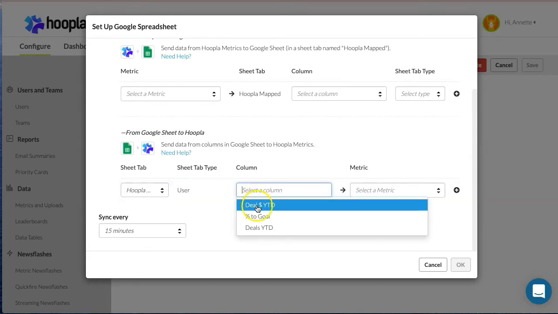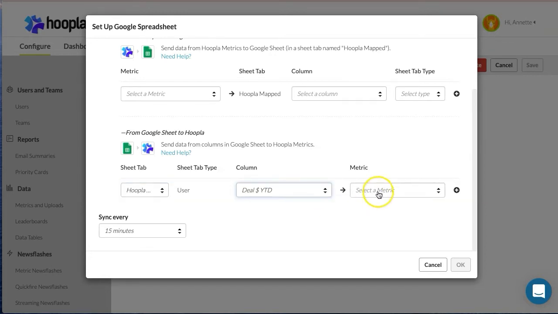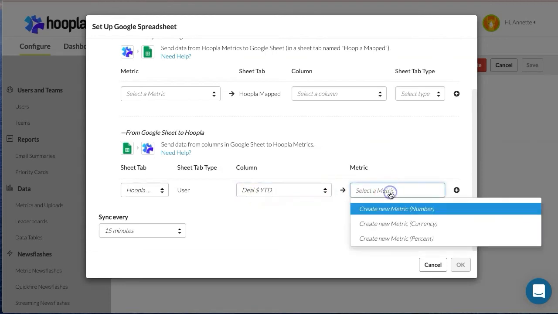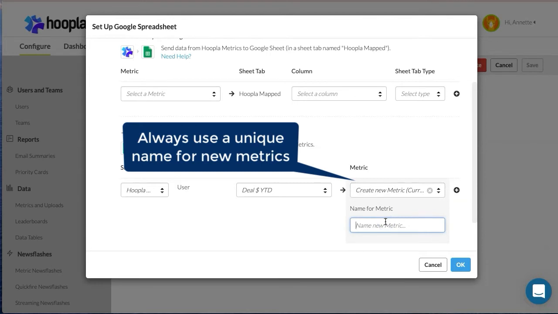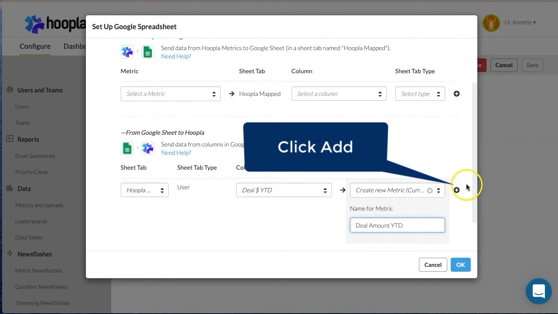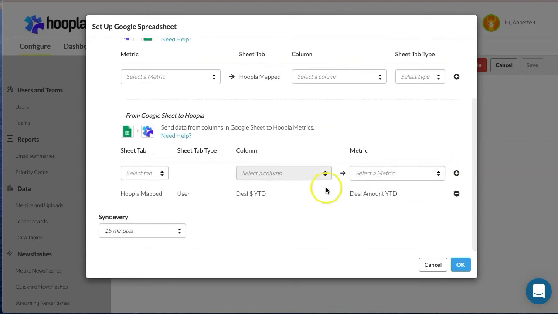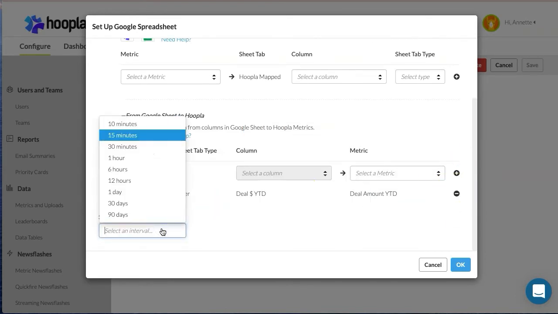Next, we'll select our column, and then we'll create a metric in Hoopla. So that is why these names did not mean a lot, but it's very important to use a unique metric name when you bring data in case you want to do deals for the month, deals for the week. You would want to identify that. So what we're going to do is we are going to create a new metric, currency, and we'll say deal amount YTD. We'll click this plus button, decide how often we want to sync this sheet,